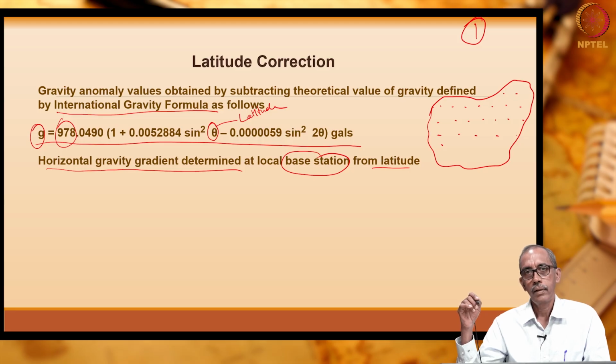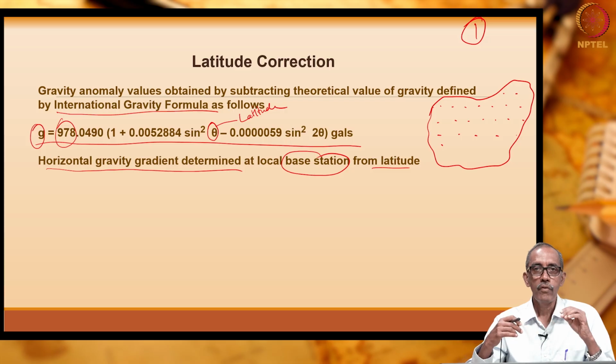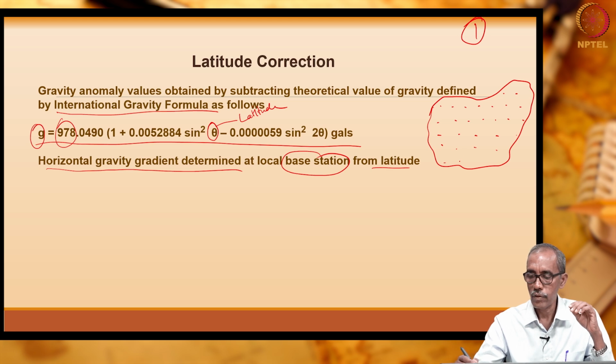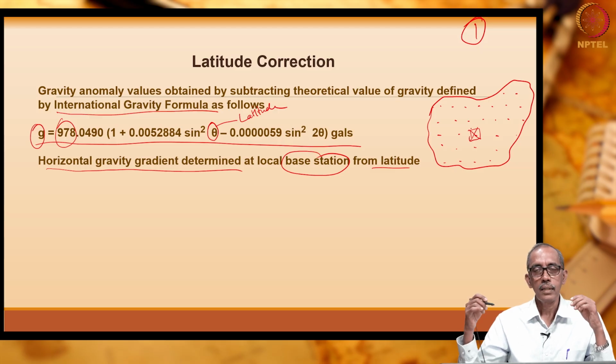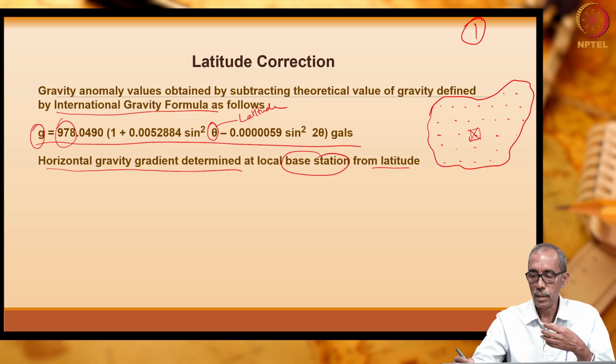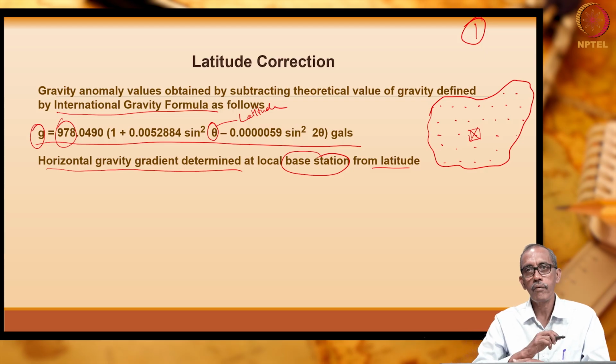What is the criterion to choose a base station? Generally, base stations are stations which are easily approachable, preferably at the center of the study area. For example, here there are so many stations we have identified. Let us say this I am going to choose as the base station. Since I don't have much detail, and this is a study site, I have chosen this as it is more or less at the center of our site.